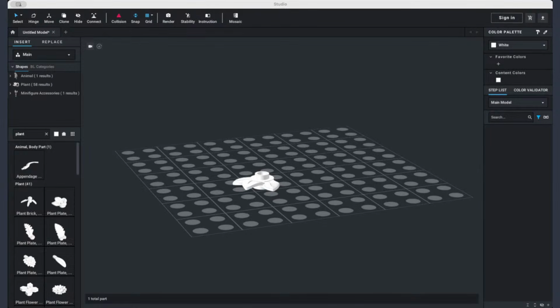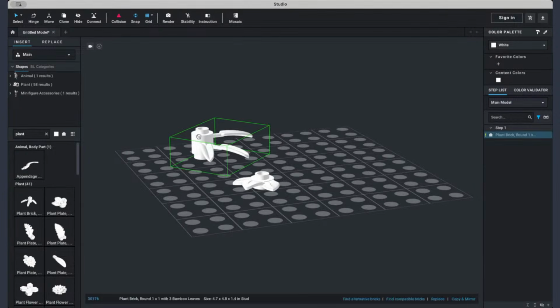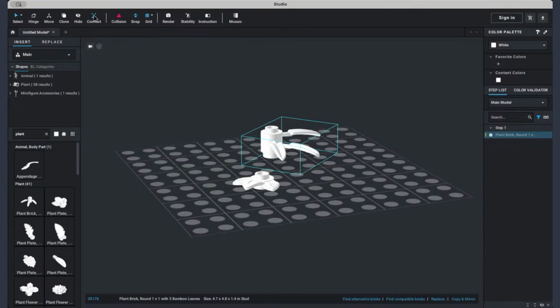Oh, okay, we have a great question from Todd. Trying to attach pieces on top of one another can be difficult to line up. Is there a specific angle that makes it easier to line things up? We actually have the connect tool in Studio. So I'm going to bring in this plant piece. If you click on the connect icon in the toolbar,